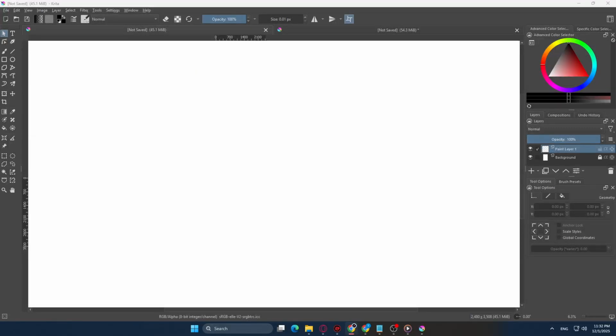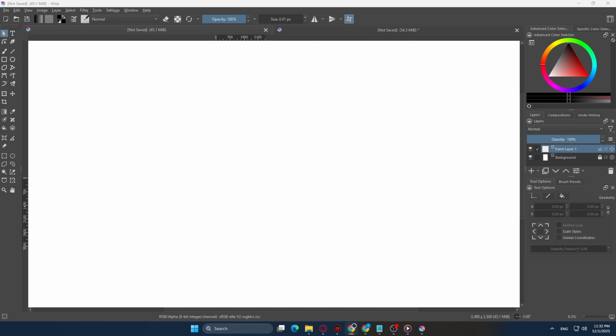In today's video, I'm going to teach you how to open and navigate the keyboard shortcut settings in Krita. If you're new to Krita, it's a powerful free digital painting app, and one of the best ways to speed up your workflow is by understanding where to manage your keyboard shortcuts. Shortcuts let you trigger tools and actions instantly, which saves time and keeps you focused on your art instead of